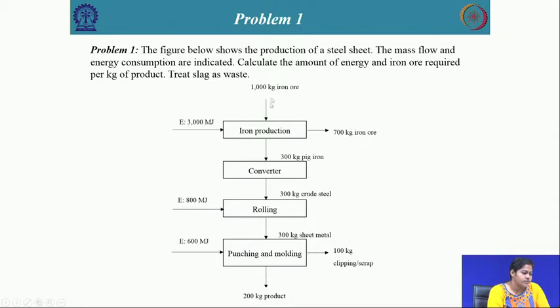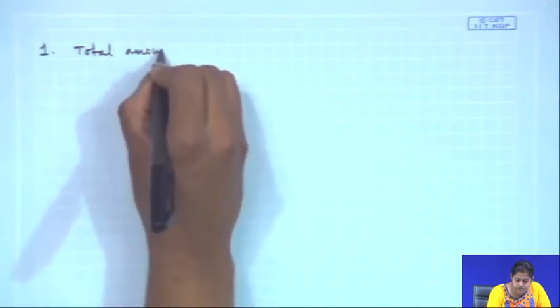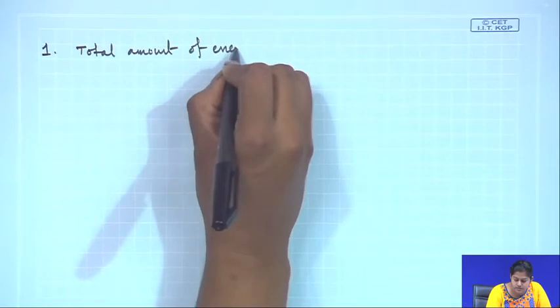In this process to convert iron ore to steel sheet, these three energy flows are required: 300 megajoule, 800 megajoule and 600 megajoule. The 700 kg of iron ore and 100 kg of clipping or scrap is the slag, which you should treat as waste, produced in these processes. First of all, for solving this problem, we will calculate the total amount of energy flow. So, total amount of energy required